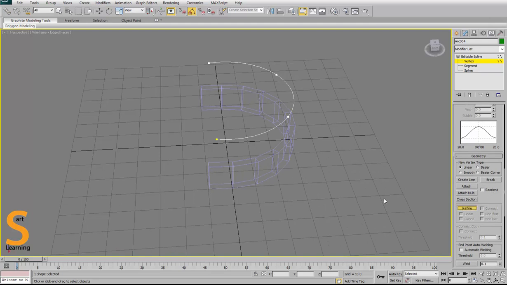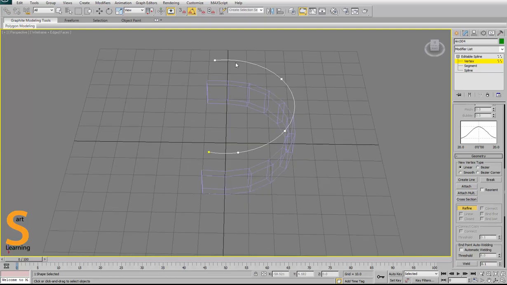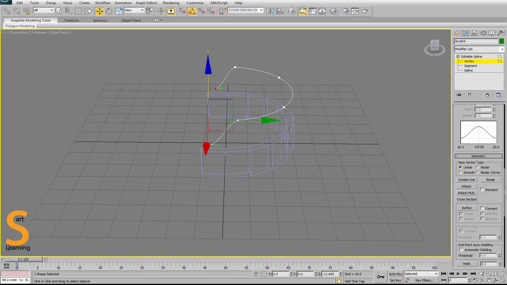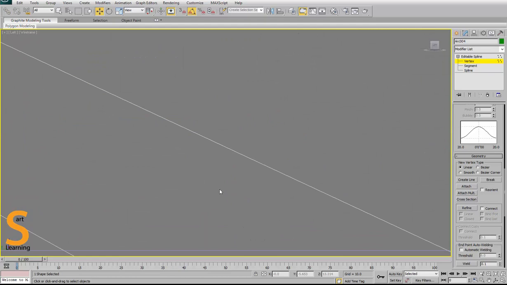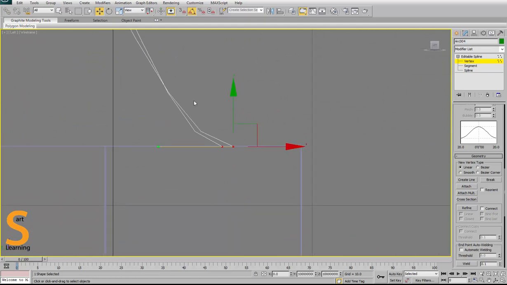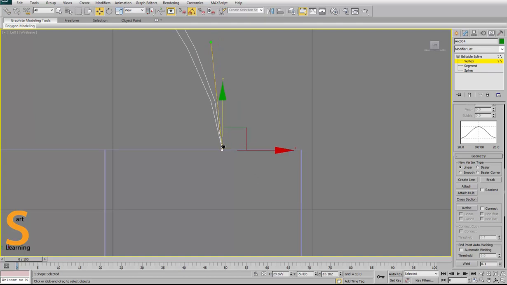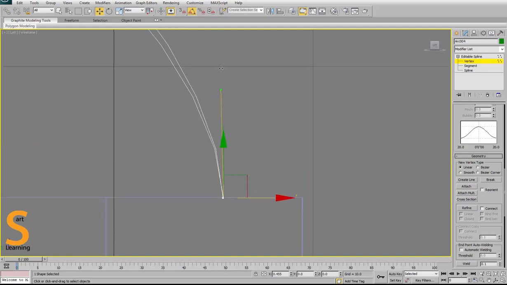I add some points, so refine it. Click and click two extra vertices to move the start and end point a little bit down, but the tangent is a little bit downwards, so I come in a side view and adjust the tangents. For this press F8, check the X and Y gizmo is okay. Now the tangent is okay.